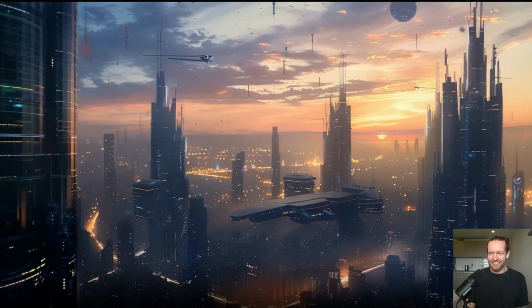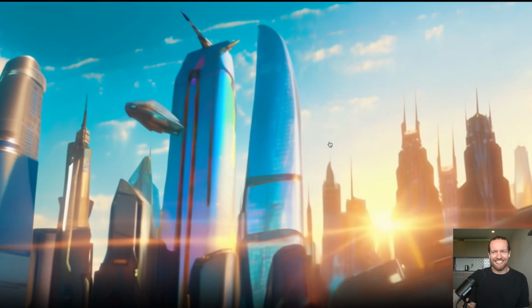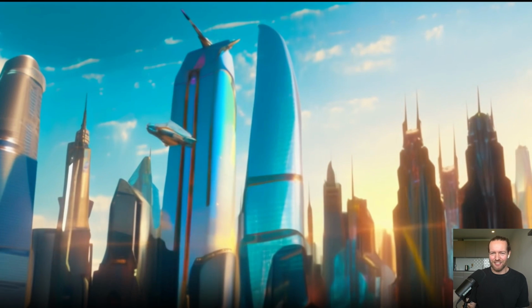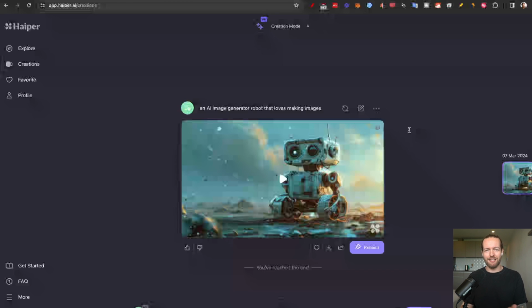I really like the style. I don't know if Pika is still in the competition. It obviously looks cool, but it doesn't look as close. And Runway here, futuristic cityscape during the day. It doesn't look that futuristic to be honest, but what I love to do the most inside of these softwares